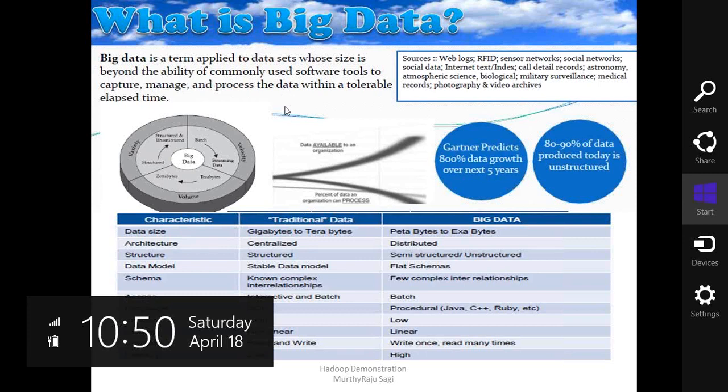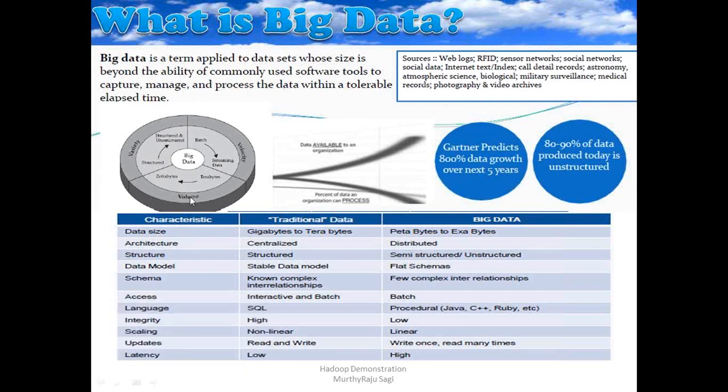So big data basically runs with a rule called the 3 V's: variety, velocity, and volume. Variety means big data can handle any variety of data, structured, semi-structured, or unstructured. Velocity means it can apply to both real-time analytics and batch analytics. Volume means it can handle any volume of data. So these 3 V's play an important role in big data design.